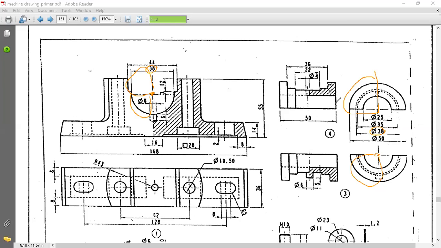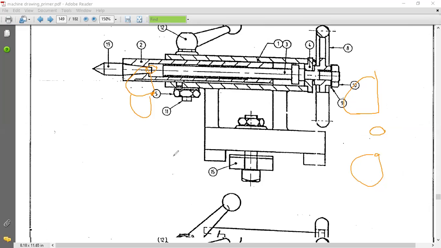Once these two circles are drawn, then you have to place the cap.